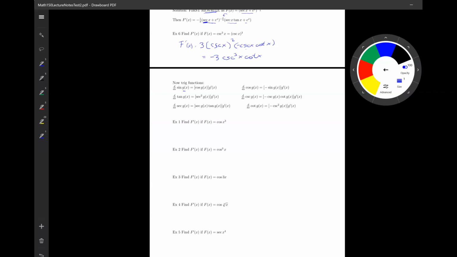So let's do it. So this has the inside function x cubed. So I start by taking the derivative of the trig function, cosine. So I get negative sine. I carry the angle along, and now I'm going to multiply by the derivative of the angle, which is 3x squared. This is very different, this next one. This is the same thing as saying cosine of x all cubed. So this derivative, I'll bring the 3 down,